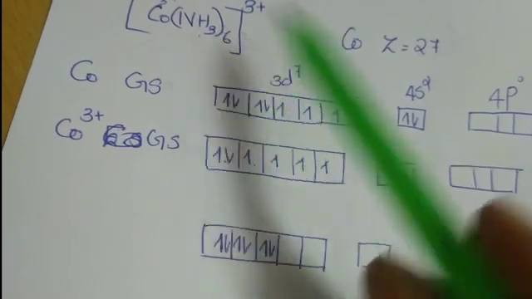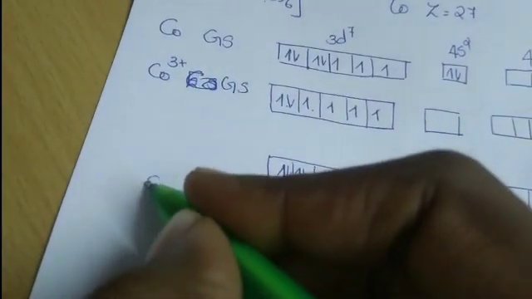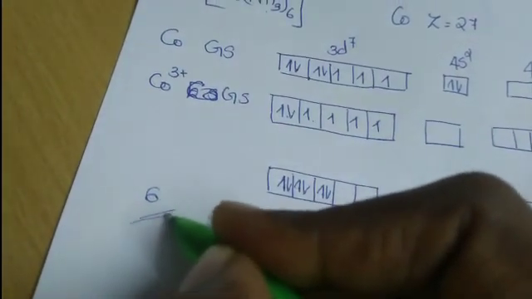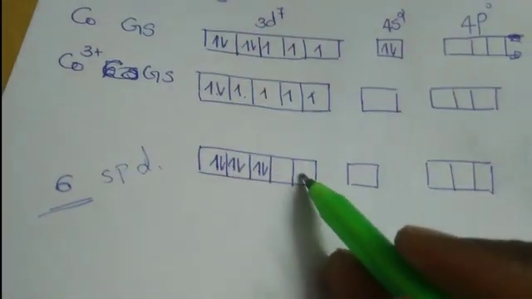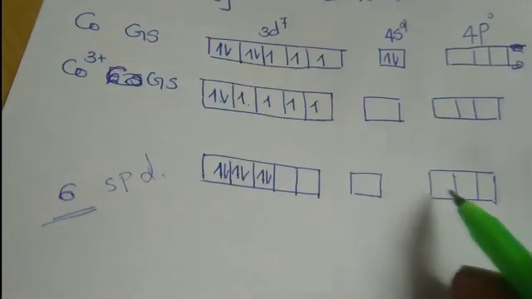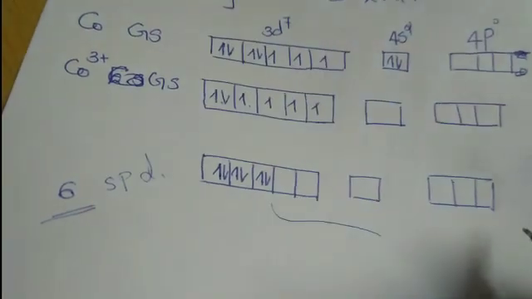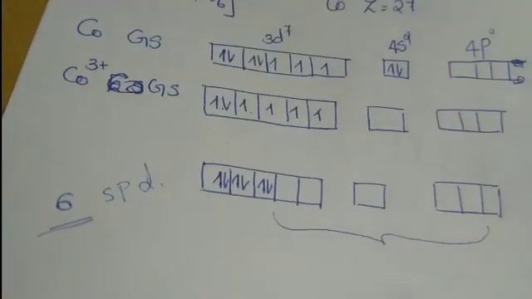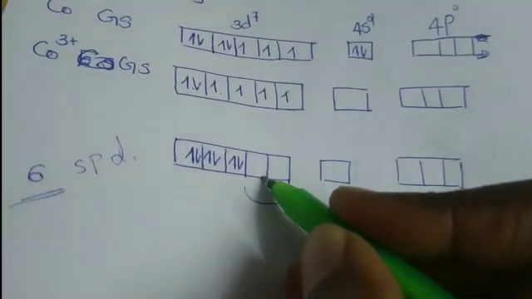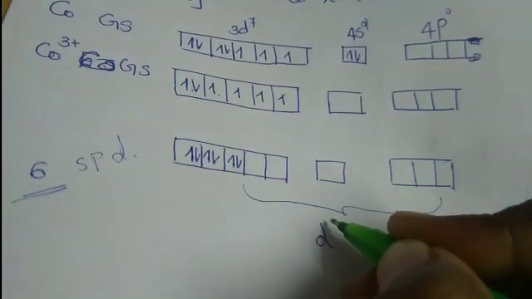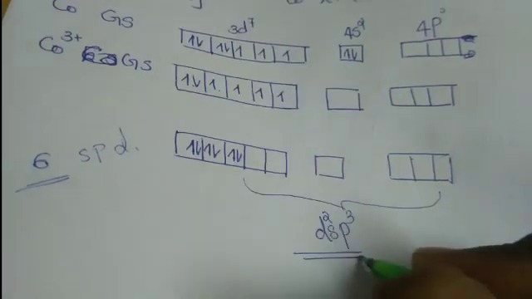orbitals, 6 hybrid orbitals. So what will be the hybridization? Since the coordination number is 6, we need an equal number of s, p and d orbitals. Okay, so there are 2 in the d, 1 and 3 here, isn't it? So total 6 vacant orbitals we got. Hence what is the hybridization? Inner d orbital is used, that is d2sp3 hybridization is here.